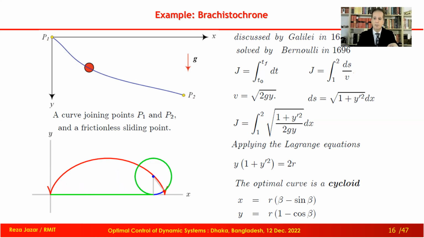Later on, he himself and his brother Jacob, I guess, solved this problem. And there were a lot of mathematicians around at the same time who solved this problem with different or very close methods, like Newton himself, Bernoulli, the two brothers, Leibniz, another German genius, and finally Euler and Lagrange. But the method that Euler used was different.